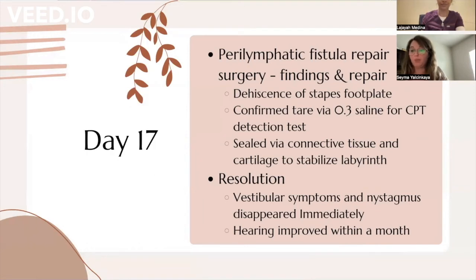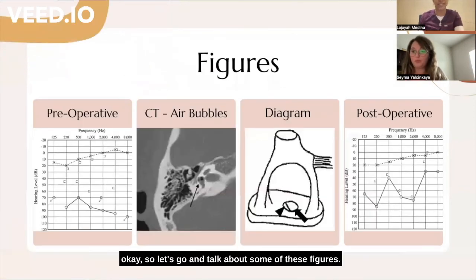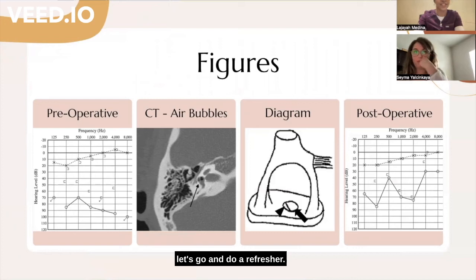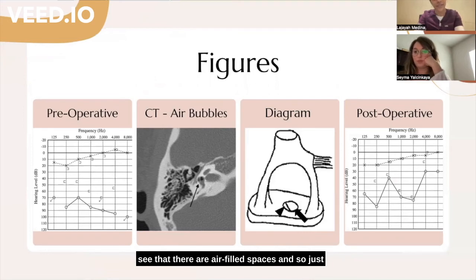Okay, so let's talk about some of these figures. Pre-operatively, on her audiogram, we see that in the right ear she does have that severe mixed hearing loss. And with the CT, let's do a refresher. White represents bone, gray represents tissue, and black represents air-filled spaces. If you look at the arrow, you can see that there are air-filled spaces. And here is a diagram of this dehiscence of the stapes footplate. Then we see post-surgery that her hearing did improve at certain frequencies, and the conductive components actually